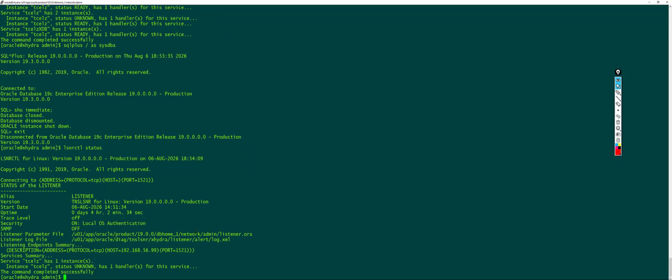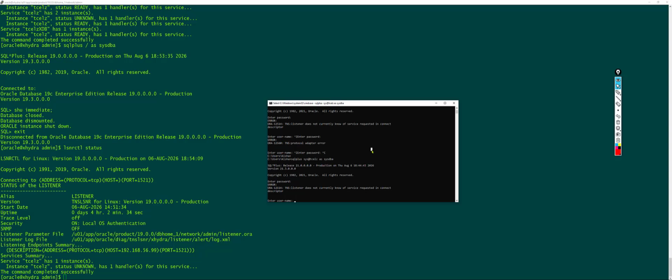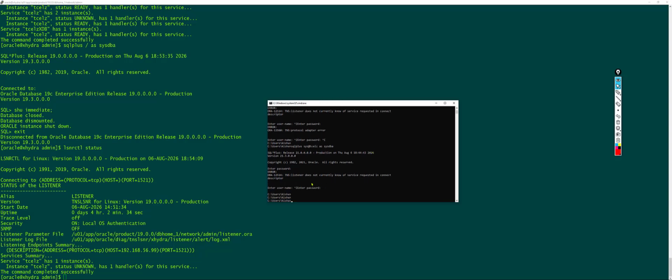So now what I will do is, let me just try connecting remotely. Previously, when we were using the dynamic listener, we were getting the TNS listener does not currently know of service error. This is the only error that we will get when the dynamic listener is running and the database goes down. But now when the static listener is configured and the database is down,